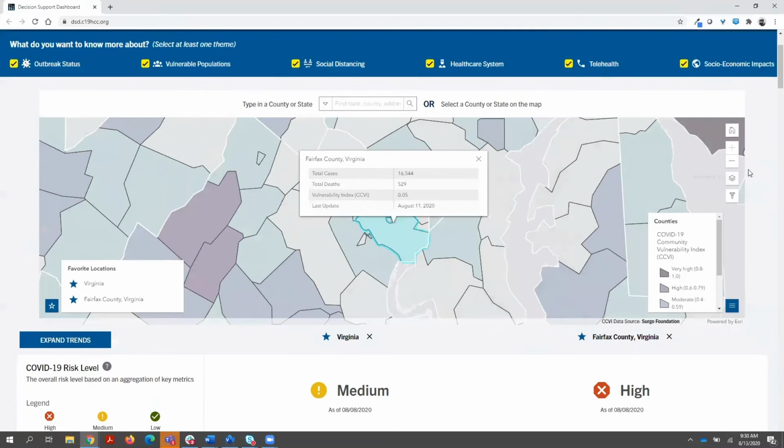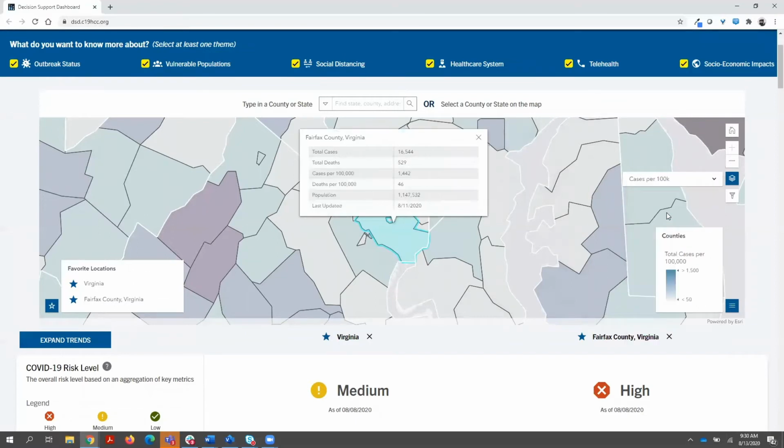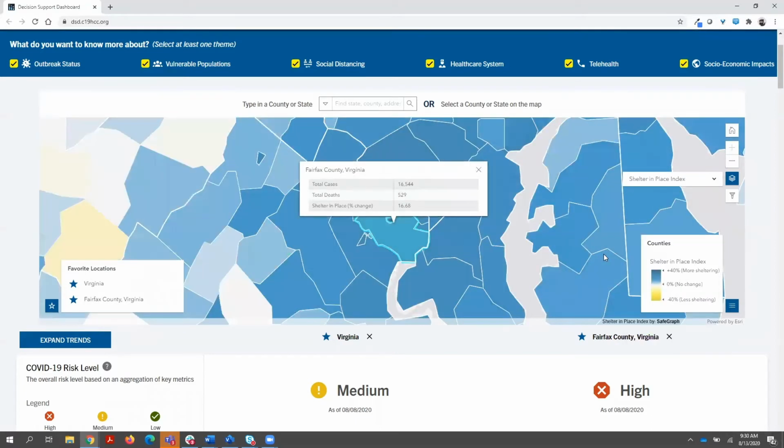Using my map, I can look at a series of different layers, including the one I have displayed here, which is our vulnerable populations layer, as well as other layers that provide information, including things like cases per 100,000 population, to try to understand how many new cases are growing in any given day, or how people are currently sheltering in place compared to the actual ordinance standards and policy restrictions that have been